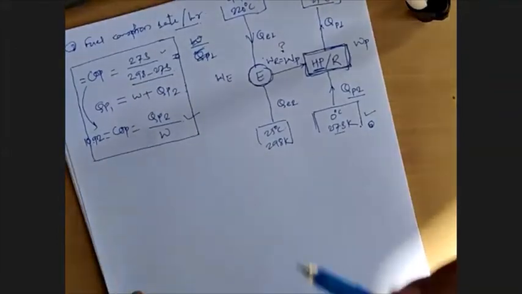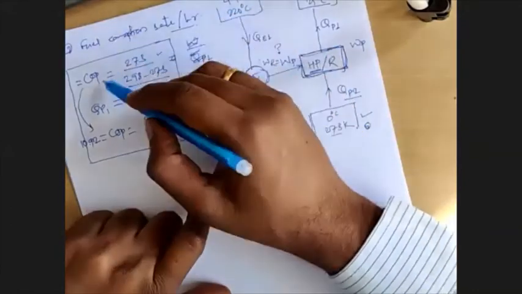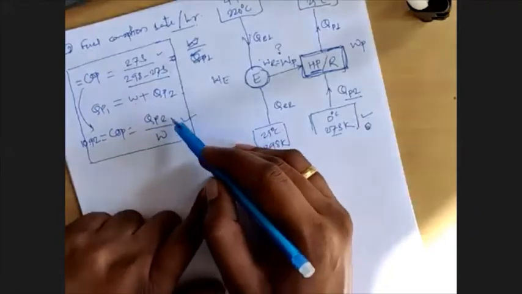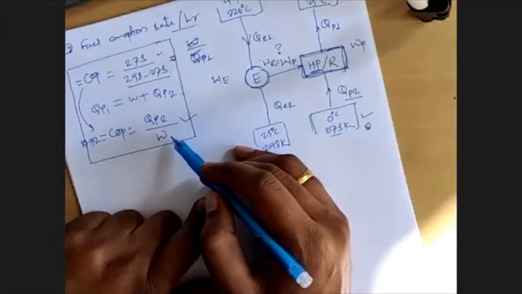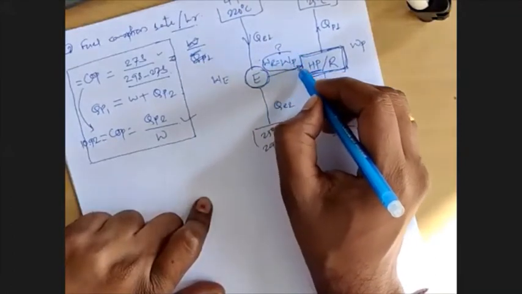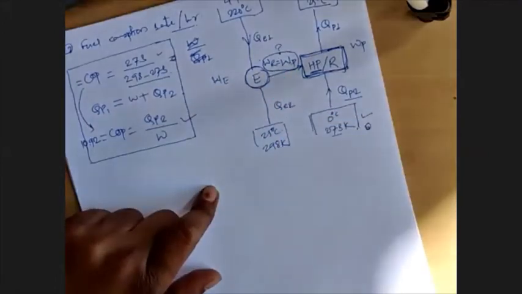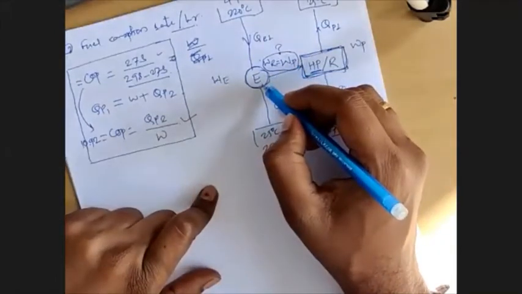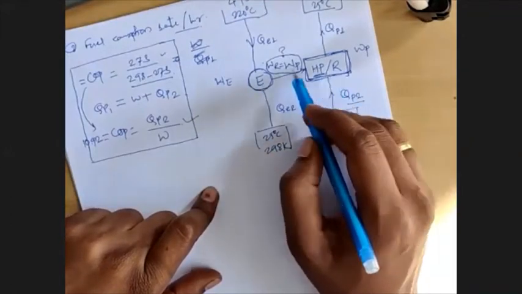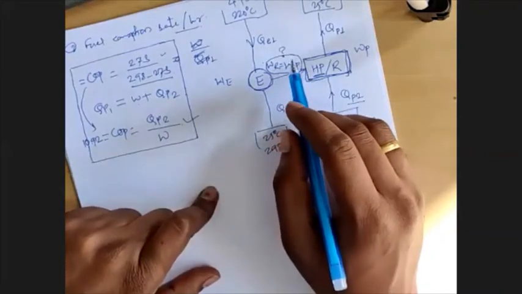Okay, so what we did, by using the temperature relation, we calculated COP. Now for COP itself, there is an alternative relation QP2 by W. Why we are doing this? We need to find this W. That is the first thing that has been asked to calculate, right? They have asked to calculate the output of the engine, but we know that the output of the engine is nothing but the input of the heat pump. So either you calculate this one or calculate this one. You are going to get the desired one, right?